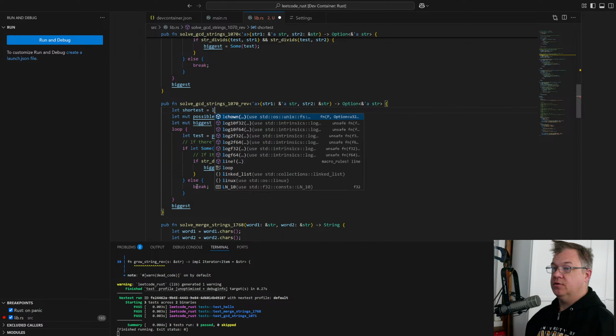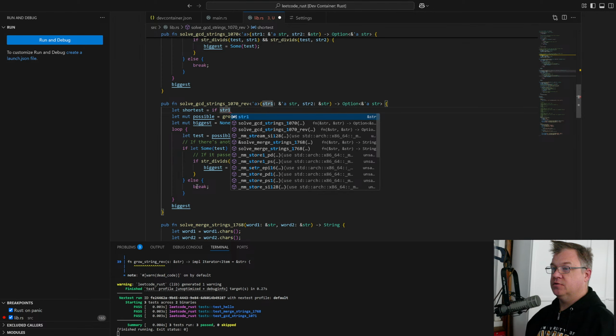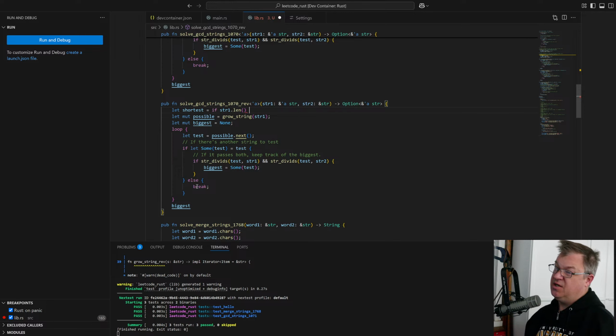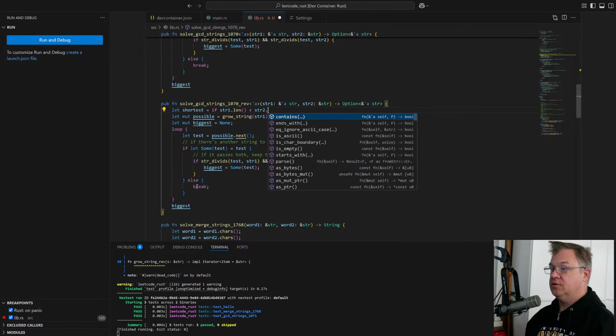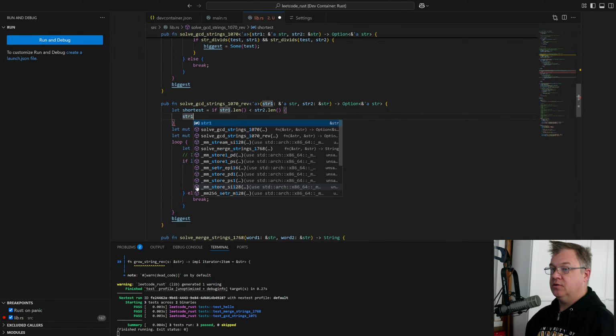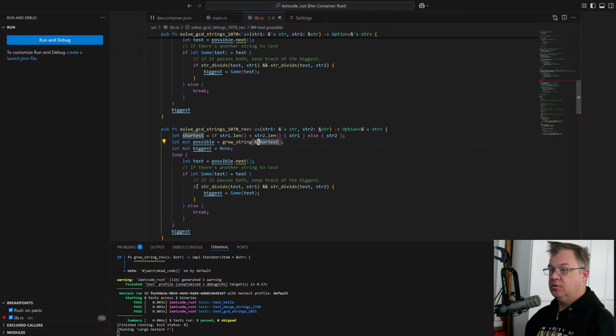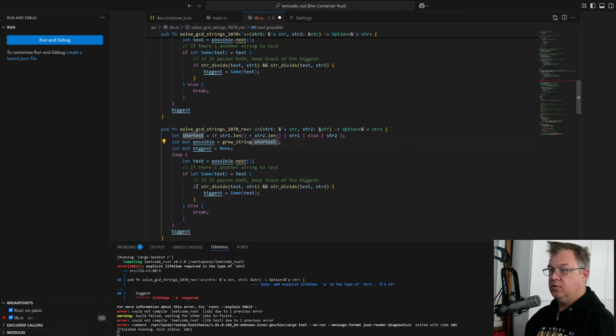Shortest is going to be: if str1.len is less than str2.len, str1, otherwise str2. We're going to take all the possible from the shortest and we're going to reverse that.